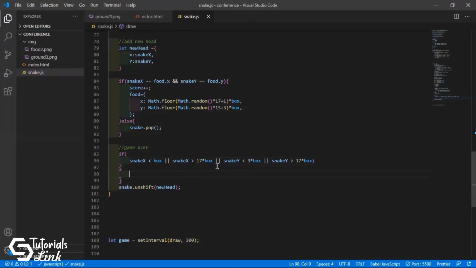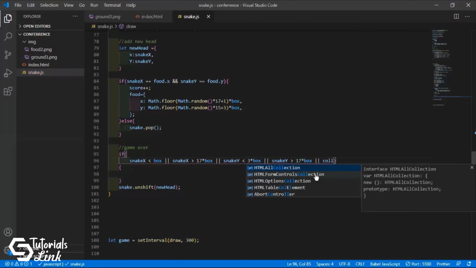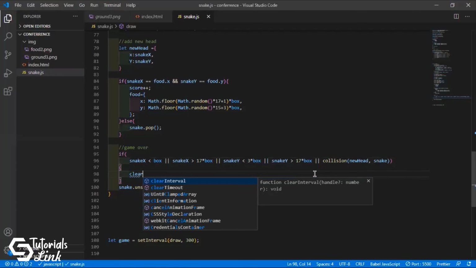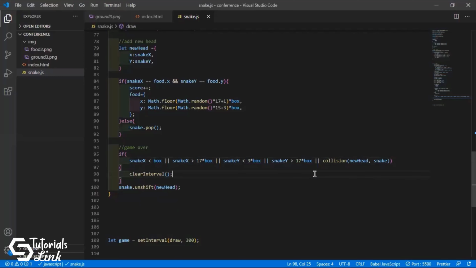But what about the collision factor? So for that collision factor, we will add another thing which will call a function named collision, and which will pass two things, which will be the new head, of course, which we will check, and it will be checked with the snake array. So we will get the snake, and when it gets done, then we will call the clear interval function.